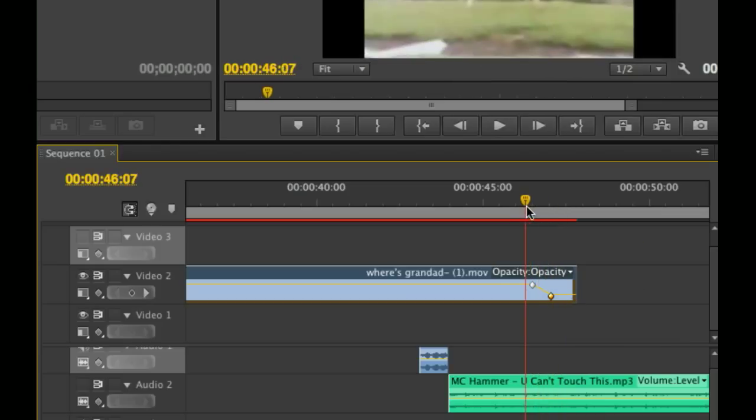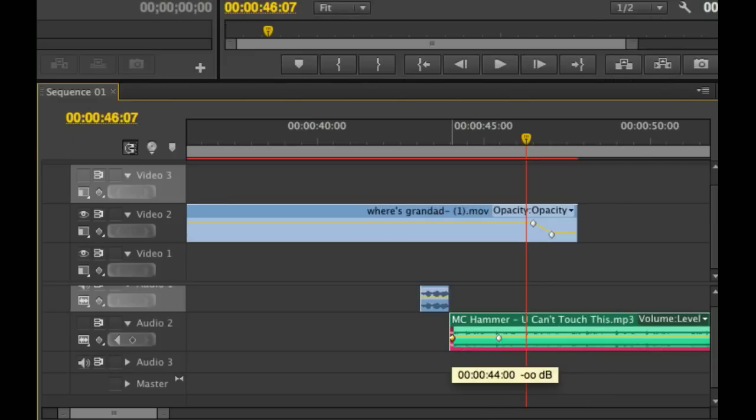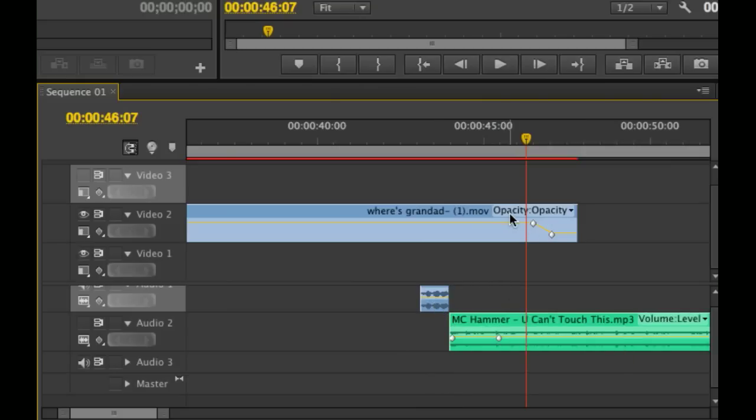And that works exactly the same way with the audio. On the audio, if you want to fade music in or fade it out, you can drag it like this. So a crossfade in audio would look something like this. Now the music is slowly fading in as opposed to coming in abruptly. And it's the same with video. If you want to crossfade two things in video,